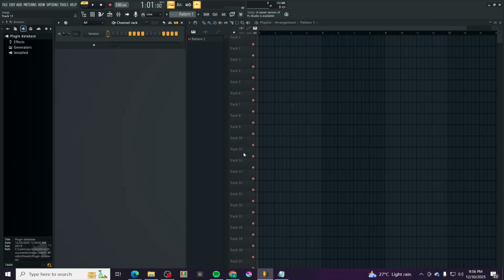Your controller is now properly set up and enabled in FL Studio 24. Enjoy playing, recording patterns, and bringing your